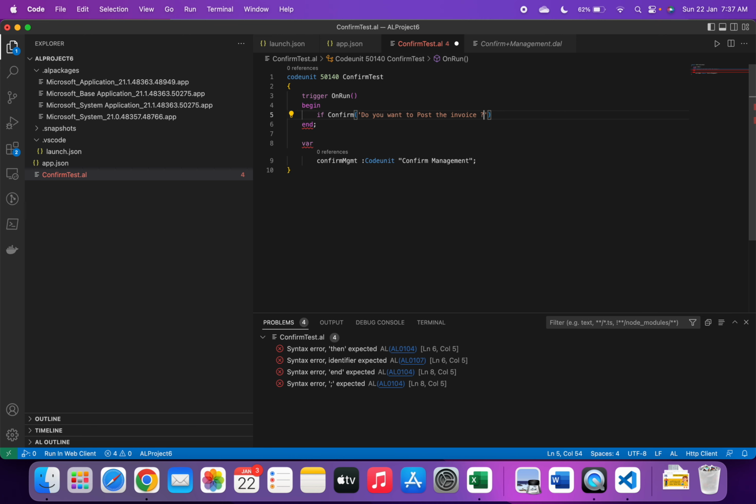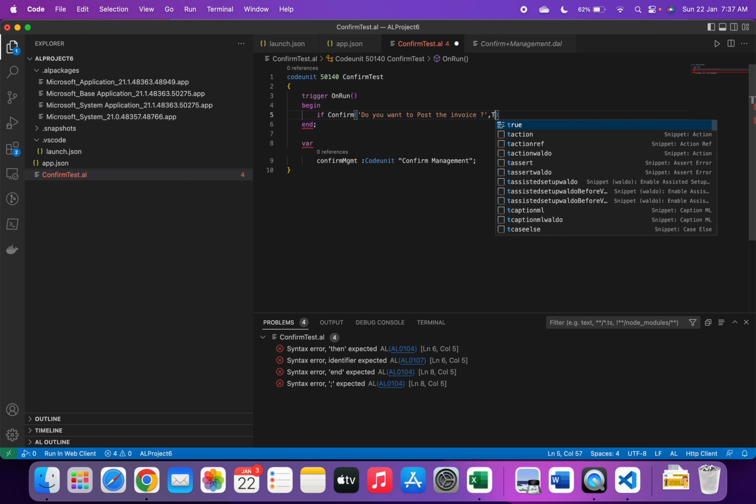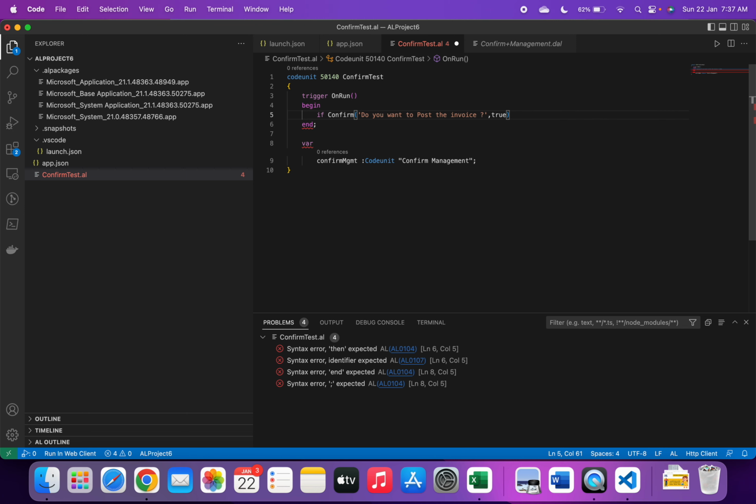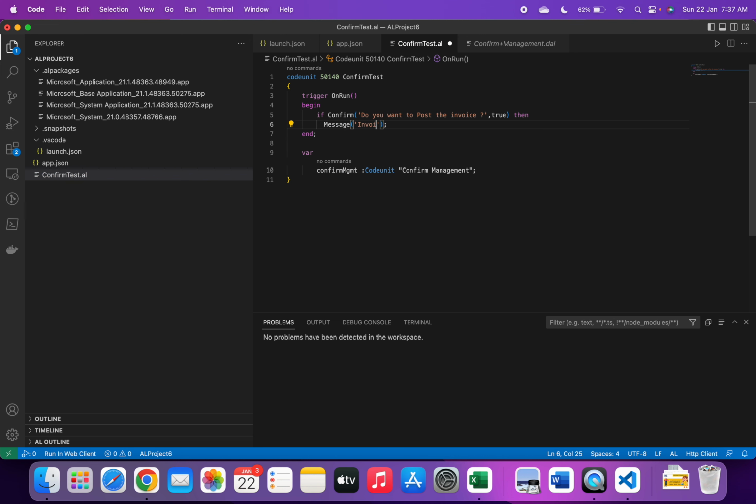And here the default option I can provide as true. Then message, "Invoice is posted,"